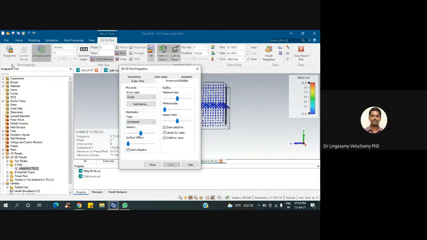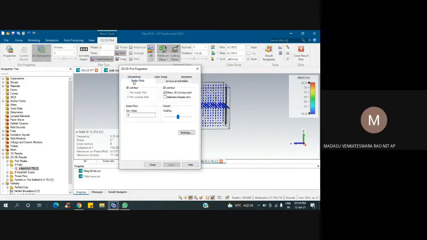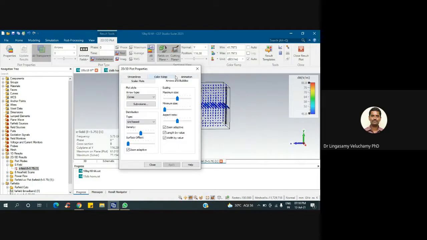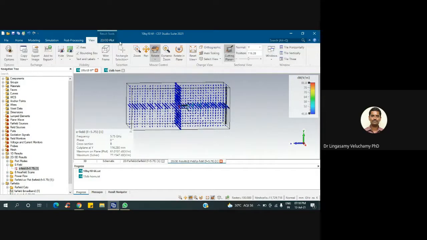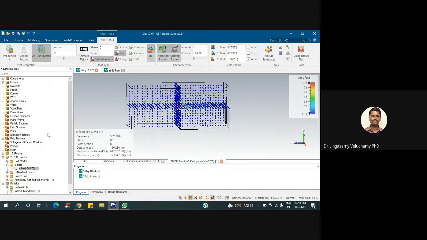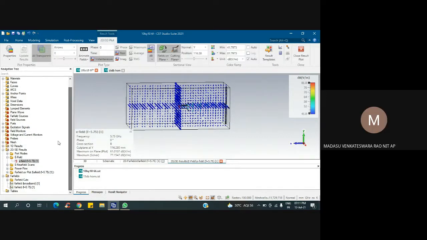Here, actually, you have to change the ABS. Is there an absolute value? You are putting only real, right? Can you go to ABS? ABS fields like that. In this only, sir, electric field, sir.